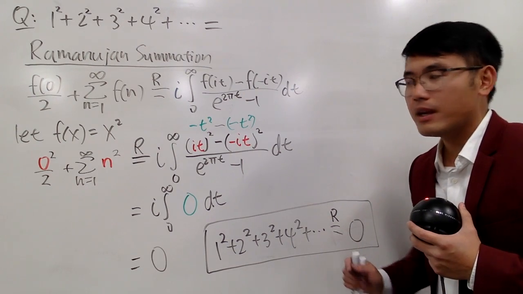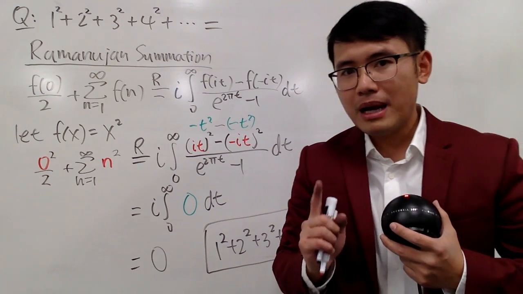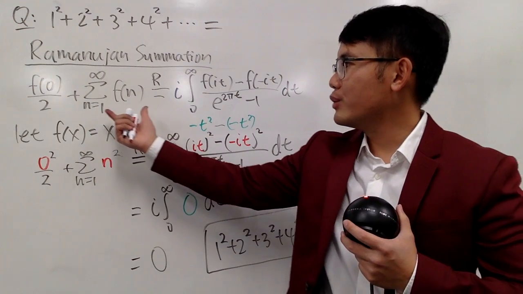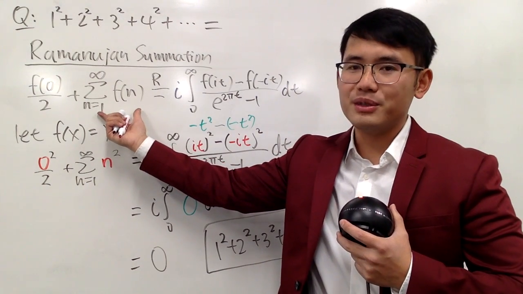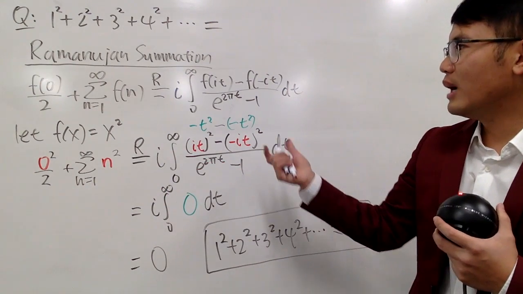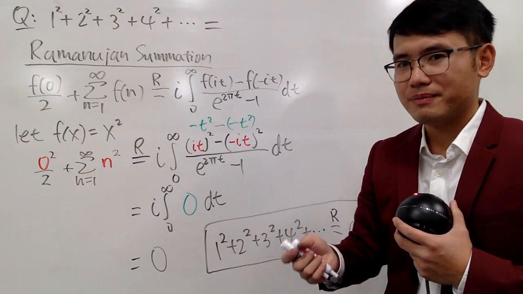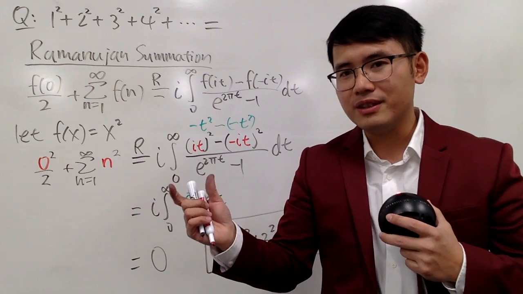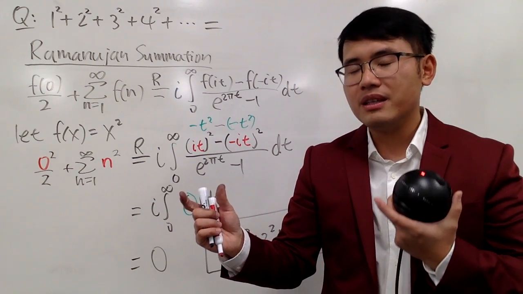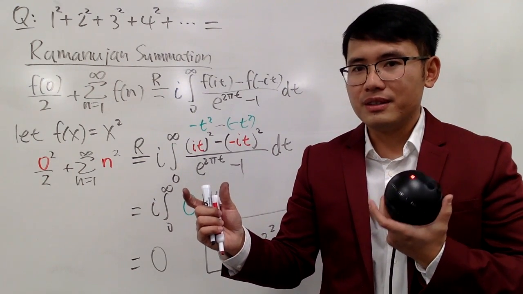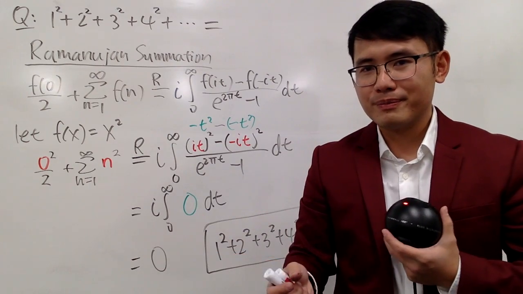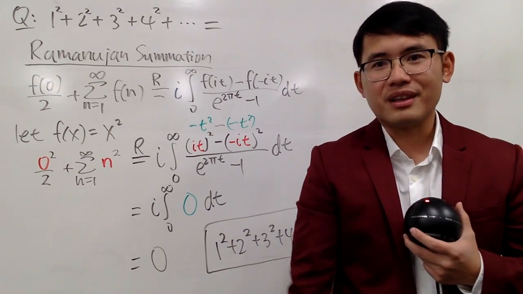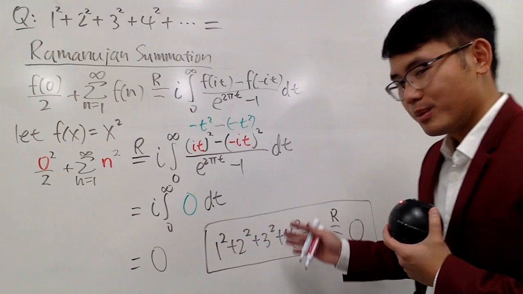Very nice, huh? And you might be noticing that here you have an infinite series, and you have some kind of integral, huh? This is some kind of improper integral. Is there any connection between an infinite series and its corresponding improper integral? Yes, there is. I will do that in another video for you guys. But anyway, at the moment, this is it.